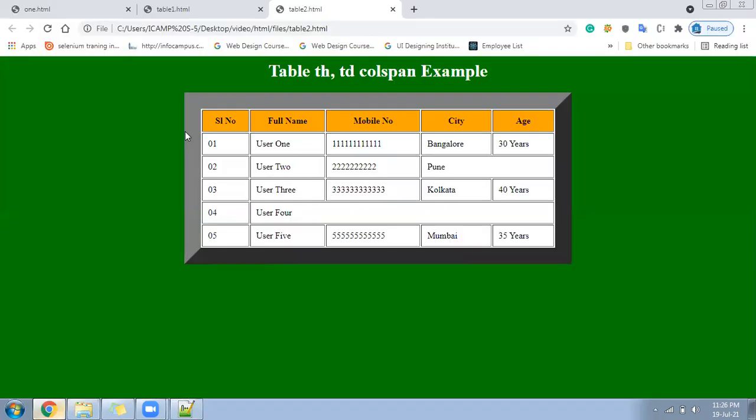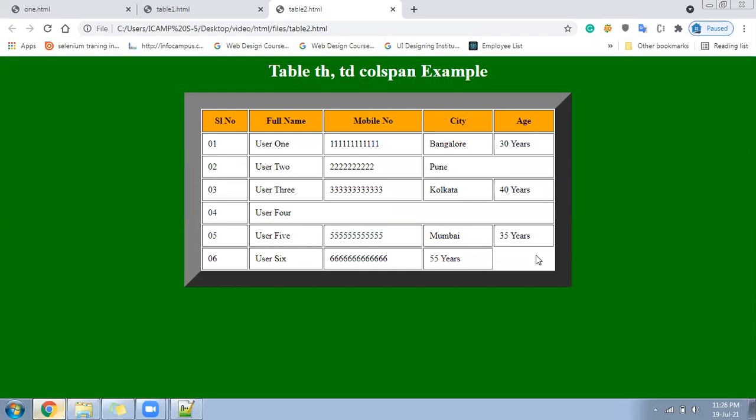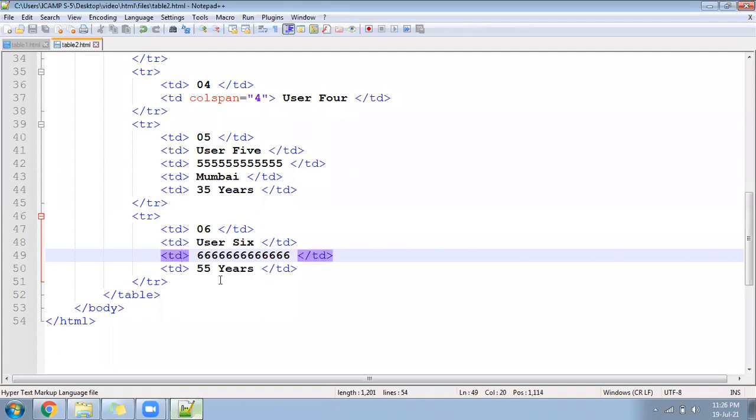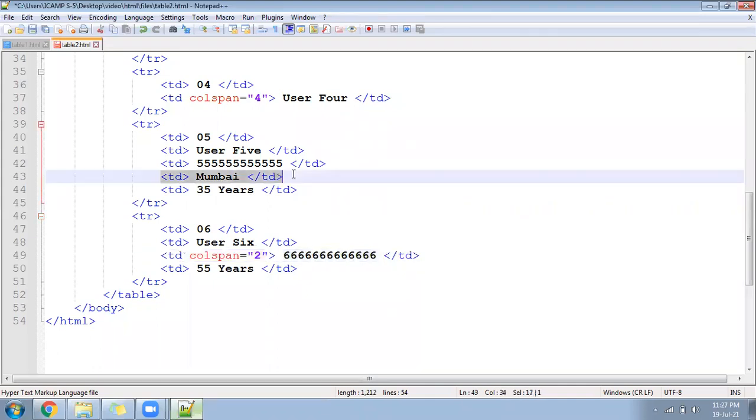See here how that looks. You can see city is missing and age came in front of the city. The entire structure went wrong. So what we will do is ask the mobile number to cover the area of city also. So for the mobile number column, you will write colspan 2. So mobile number will spread till city and then automatically age will go to the last. If for mobile number we say colspan equal to 2, then mobile number will cover 2 columns, one for the mobile number and another for the city. Since the city is missing for the user, automatically age will go to the last.